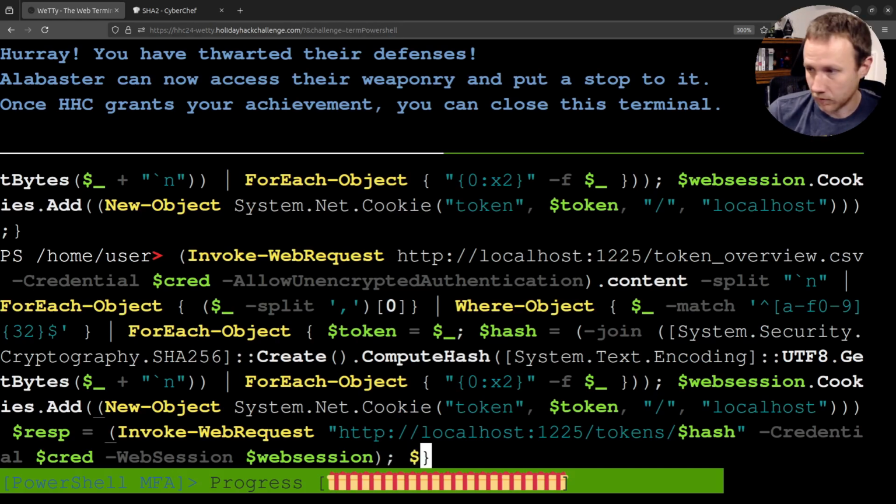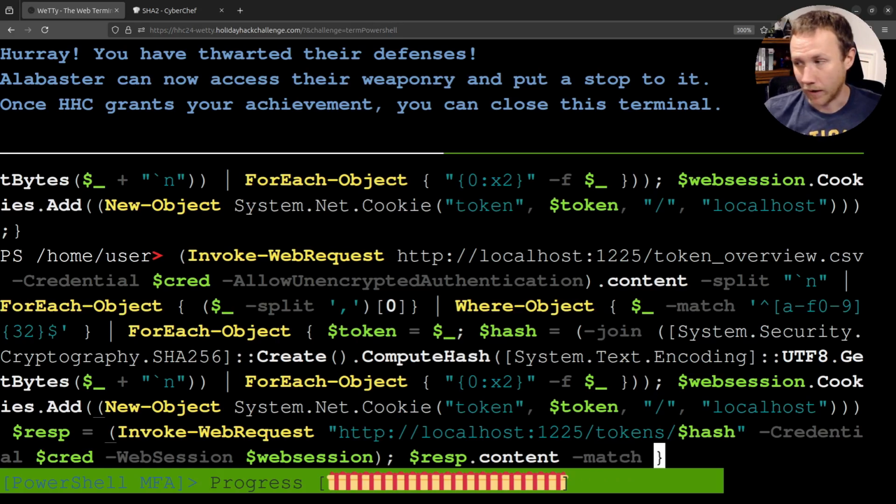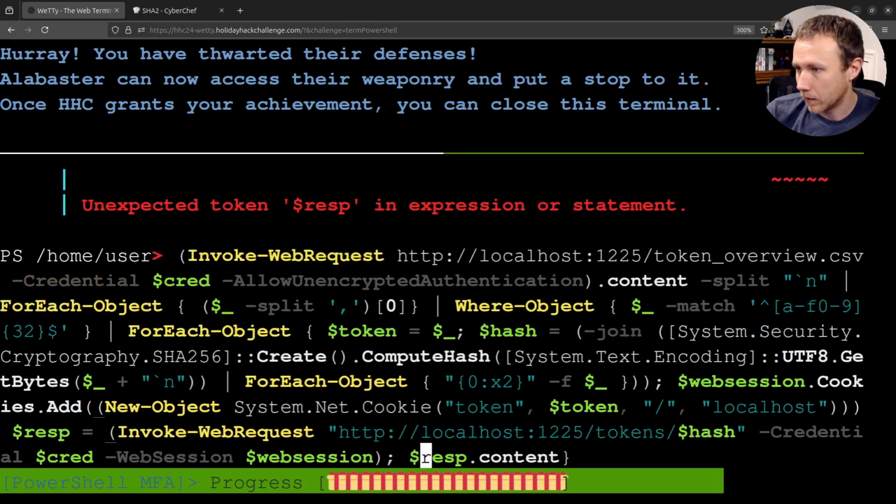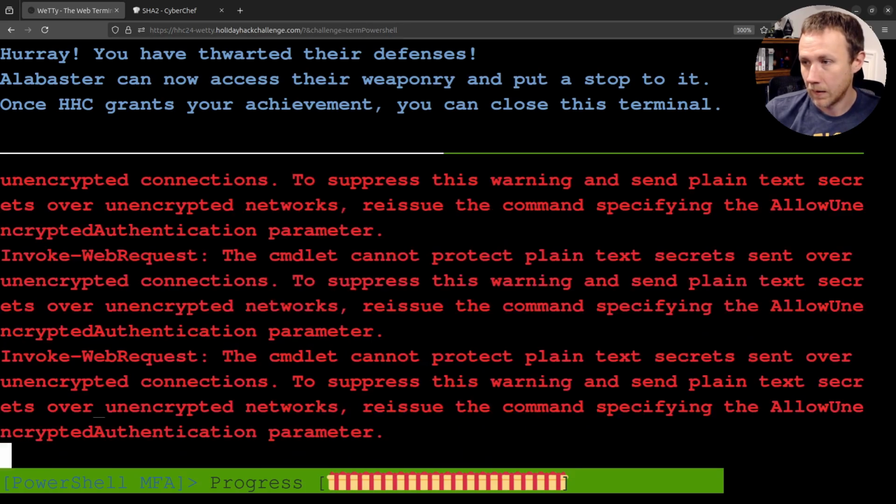We'll say response.content match. And now we're going to pull out that token value. So we're going to say, well, let's just do response.content and see what we get. Not a valid thing. Let's see. Where do we open one parenthesis, close that parenthesis? I'm missing a semicolon here. We're missing one of our